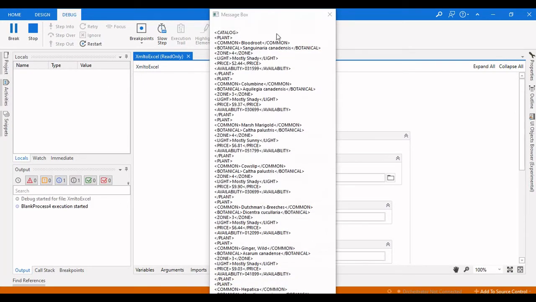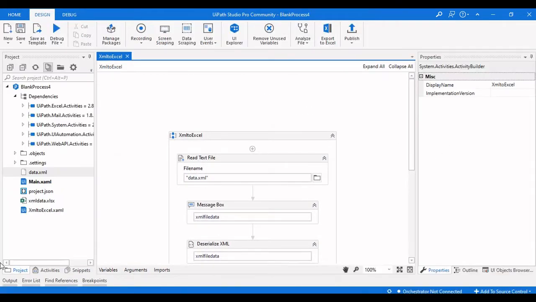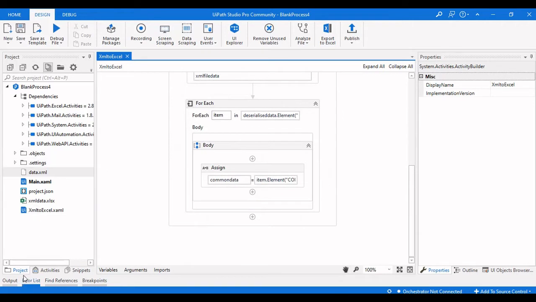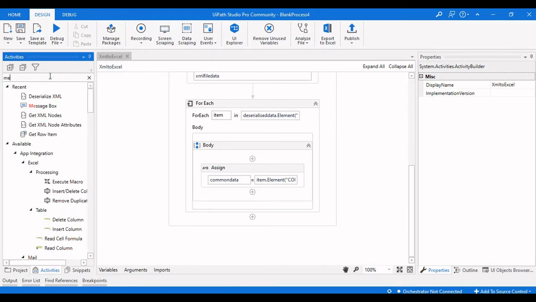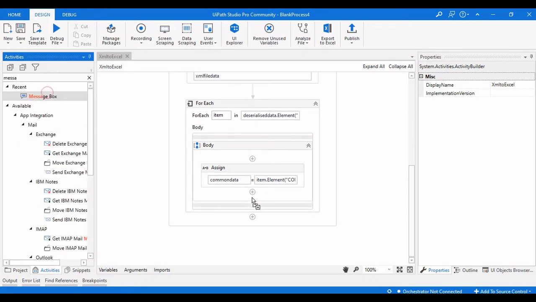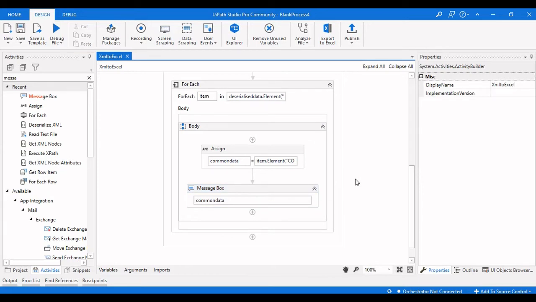So the read text file output, and we haven't given any message box or write line there, so we cannot verify it. So let me give a message box here to check whether the data is actually extracting or not. So let us run it again.